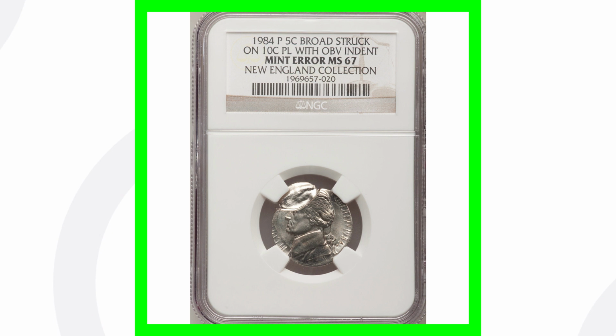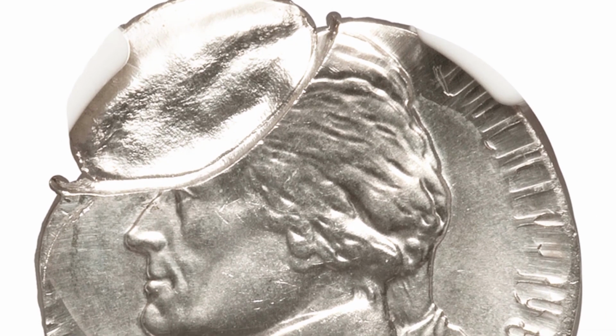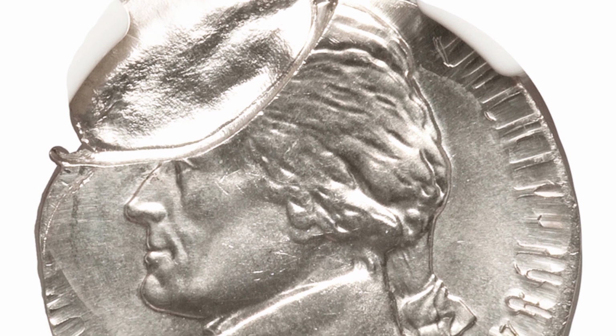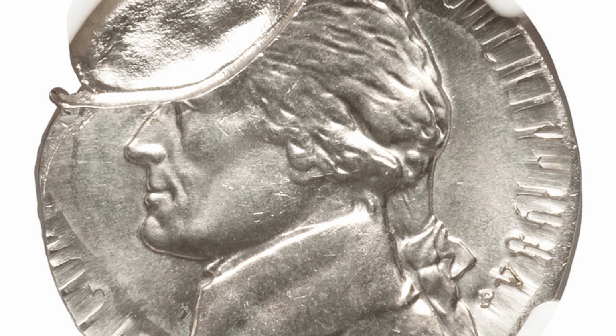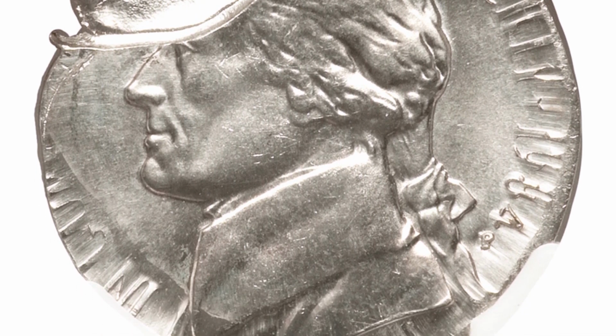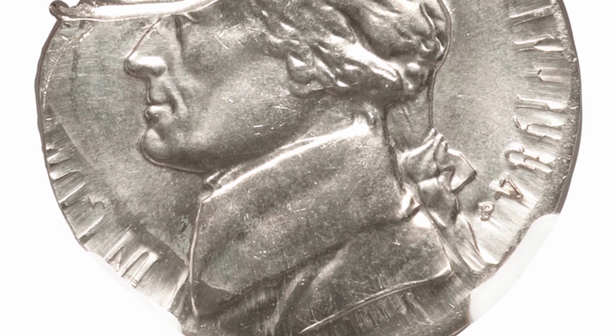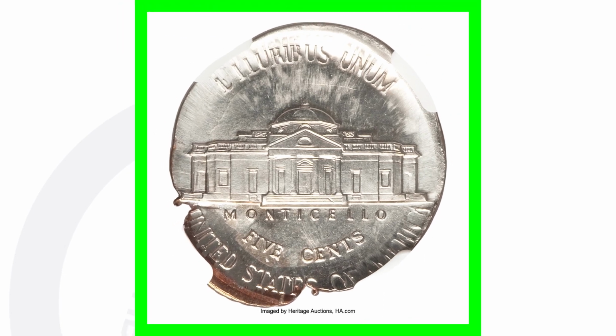Now moving on here to a 1984 P mint mark that has been broad struck. It was also struck onto a 10-cent planchet with an obverse indent. So we got three different things going on. We got an indent, which we can see here on the front of the coin, going through Jefferson's face, and then we also see that it's been broad struck, which we can see around the rim of the coin, and it was struck onto a Roosevelt dime 10-cent planchet instead of a Jefferson nickel planchet like it was supposed to be struck onto. Now this coin here ended up selling for over